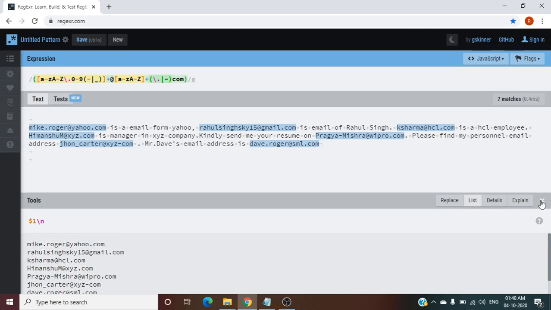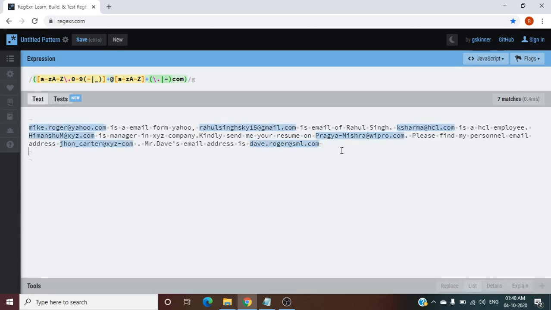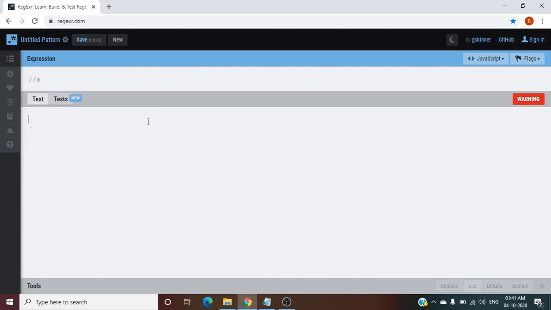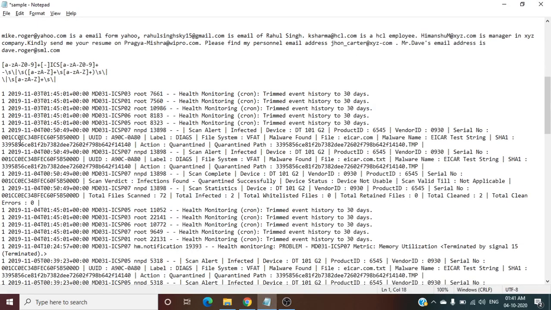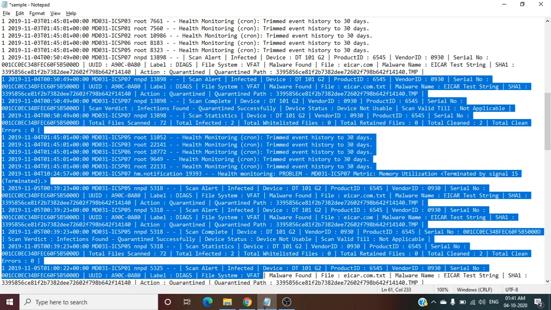Okay, so this is a small example. So we will move to a more complex example. We will parse one raw log. So let's take an example of